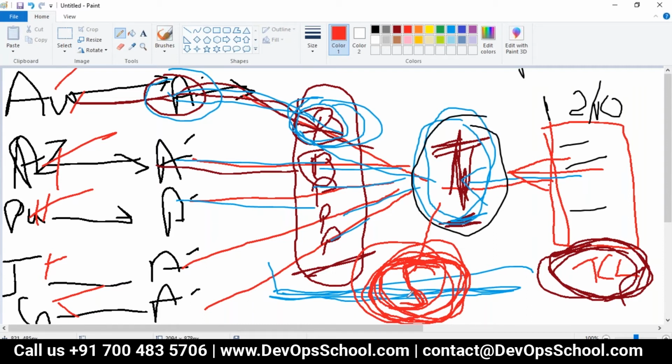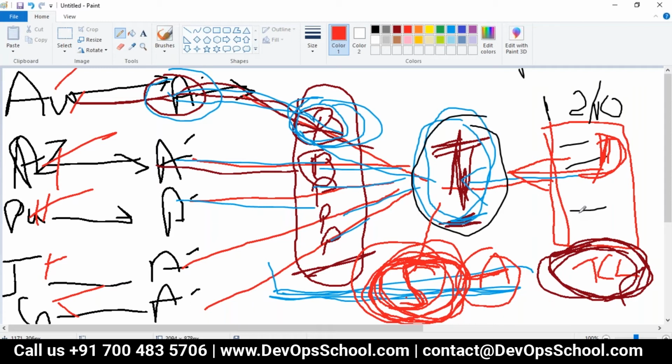So if you find a state file, this is the desired state, and this is the actual state which you have got. If desired and actual are mismatched, then a change happens, or a destroy happens, or an addition happens. If not mismatched, nothing will happen. So even if you run the Terraform script 10 times, nothing will happen. This is called idempotent functionality.